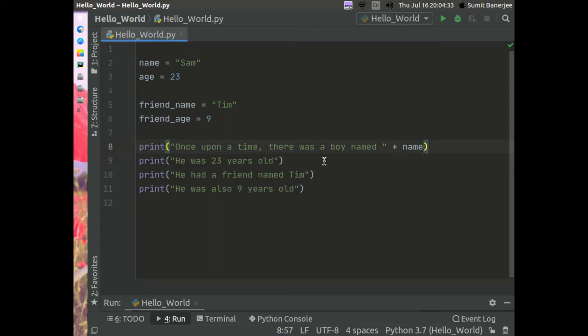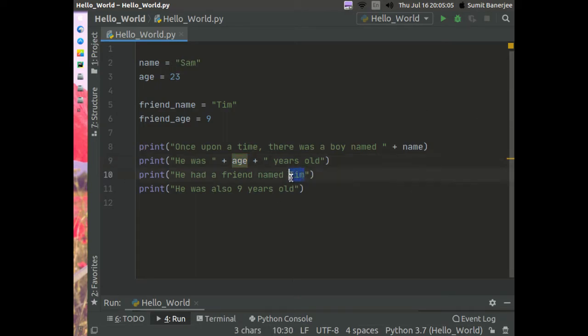Then do the same thing on his age. So close the statements and then this. So here I have assigned age, where the age of the boy was there.